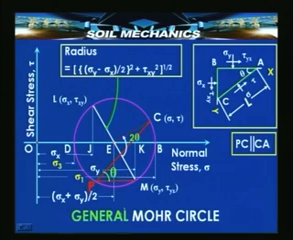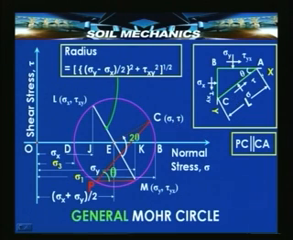In addition, it can be shown that point B will have the maximum possible normal stress, which is called the major principal stress sigma 1, and point D will represent the minimum possible normal stress, that is the minimum principal stress sigma 3, and any point C as shown here, having stresses sigma and tau, will represent the stresses